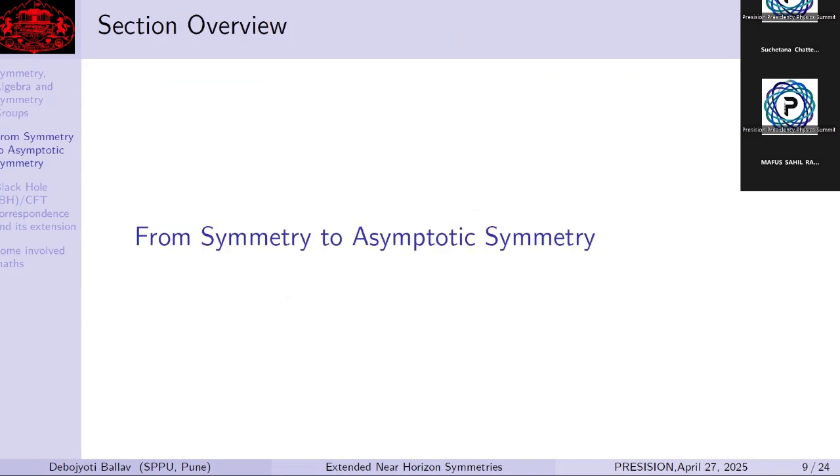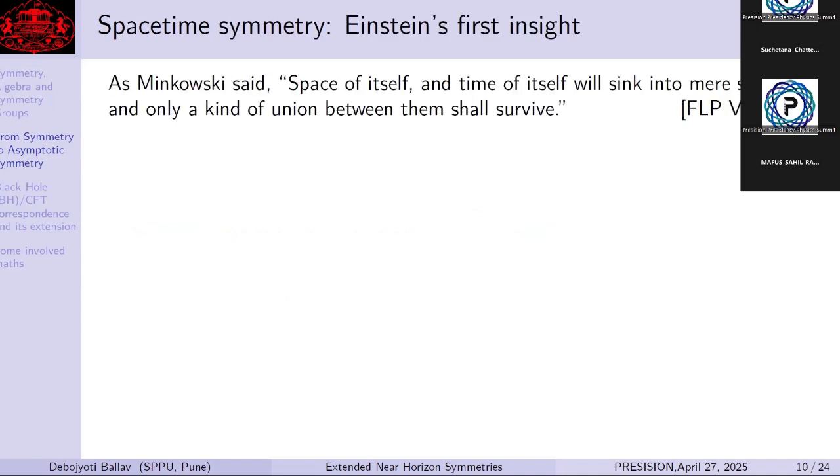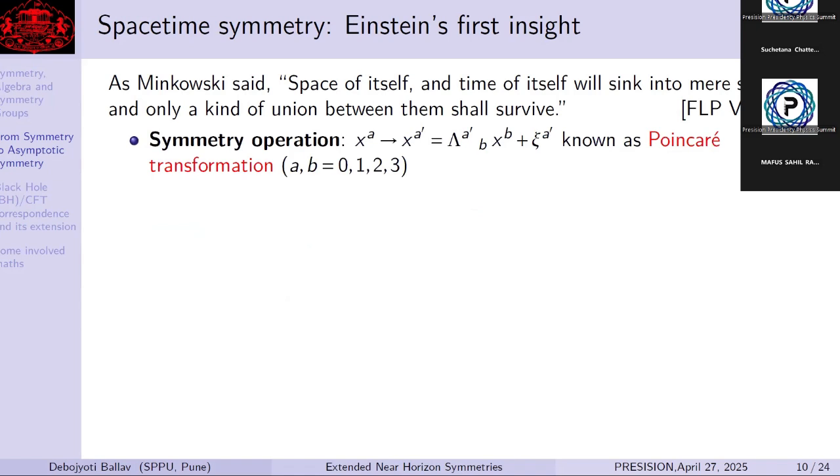So now we come to the symmetry to asymptotic symmetry section. As Minkowski said, about space-time symmetry, Einstein's profound insight is that space of itself and time of itself will sink into mere shadows, and only a kind of union between them survives. The symmetry operations in space-time are the general symmetry transformations, which are called space-time translations or